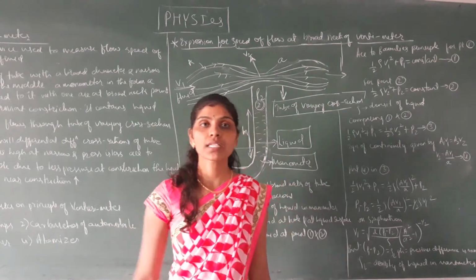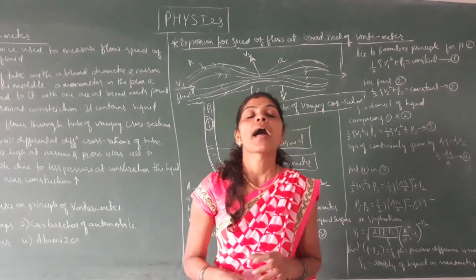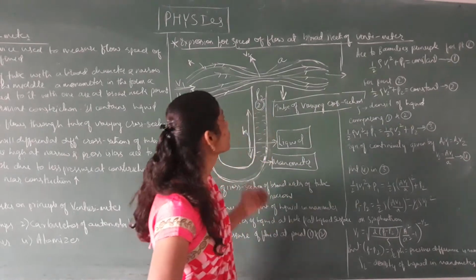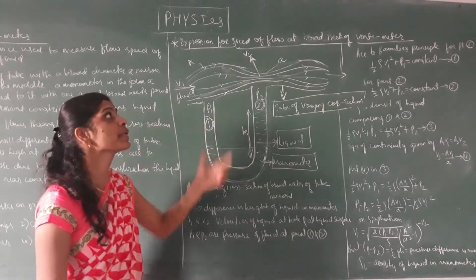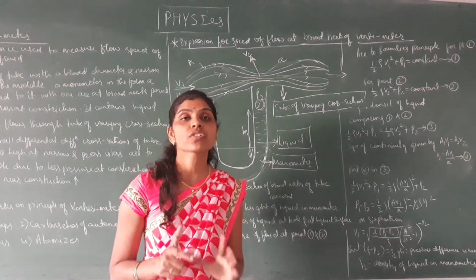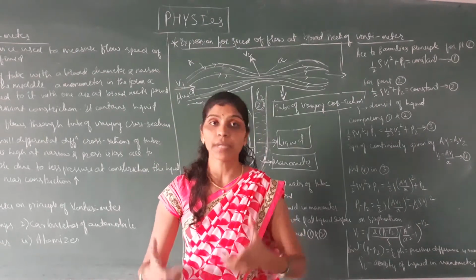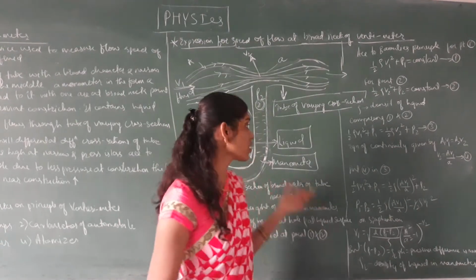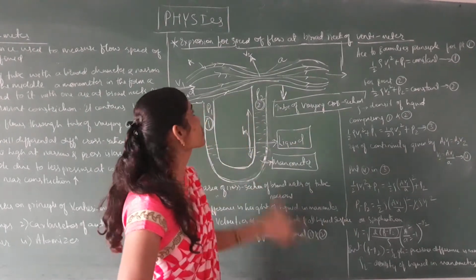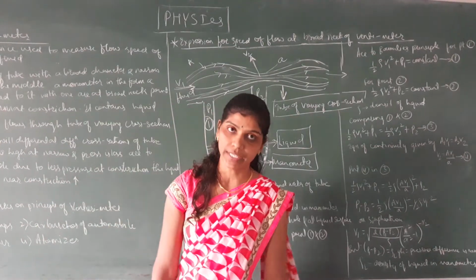Okay, well, in today's class, we are going to discuss a device called the Venturi meter. With the knowledge of the Venturi meter, we are going to derive the expression for the speed of flow at the broader neck of the Venturi meter. First, we shall see what the Venturi meter means and how it is made up. With that knowledge, let us discuss one of the important derivations, that is, the expression for speed of flow at the broad neck of the Venturi meter.